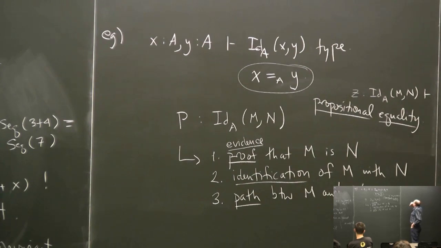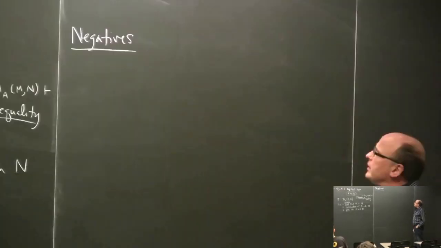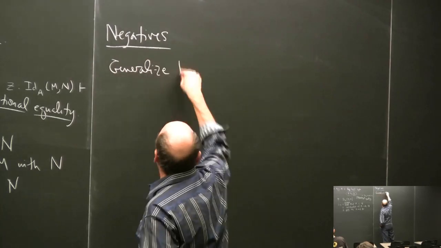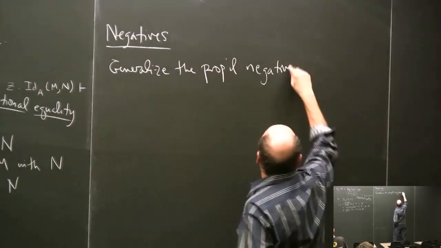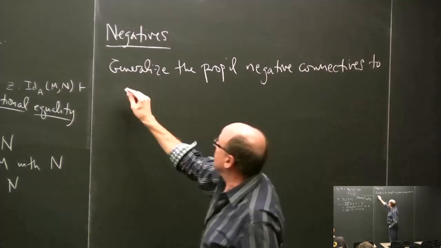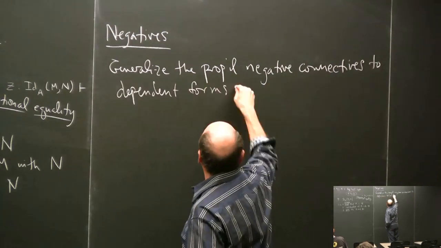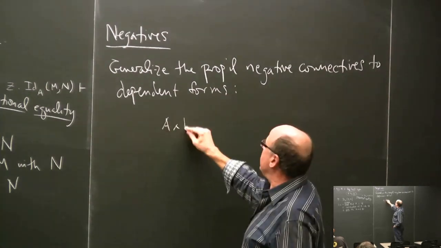Okay, so now what I want to do is review the type structure that we started out with, and I want to generalize the propositional negative connectives, what I call the negatives, to their dependent form. Some of you will be familiar with these forms, and they're going to be like this. So I'm going to generalize what I wrote as A and B,